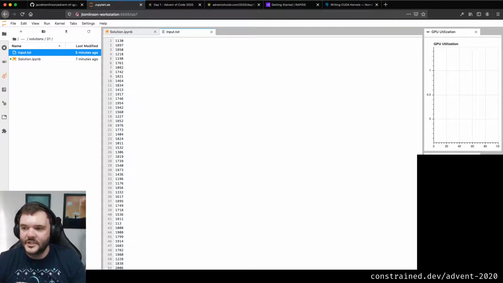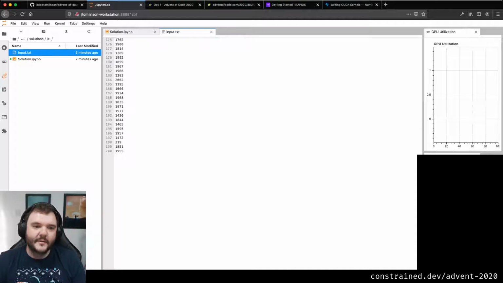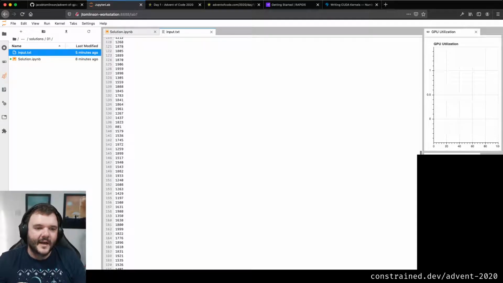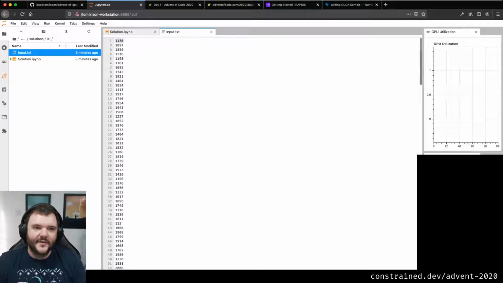Then we can move it onto the GPU, and we'll worry about doing that in a minute as well. And then when it's on the GPU, we could call this function 200 times, right? We could write a function that deals with one number at a time. The first one would go, oh, I'm number 1, so I'm going to take this and try adding all the other numbers to it. And then number 2 is going to take this one and try adding all the other numbers to it. We could do that.